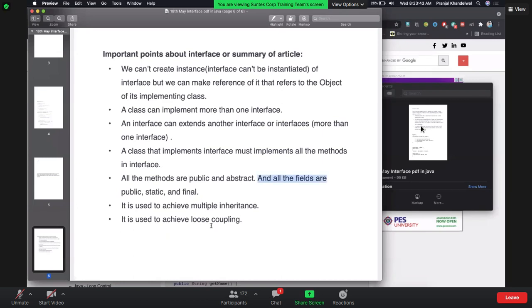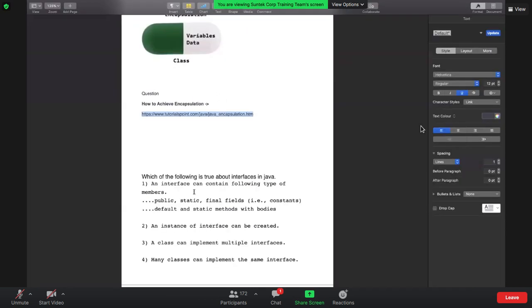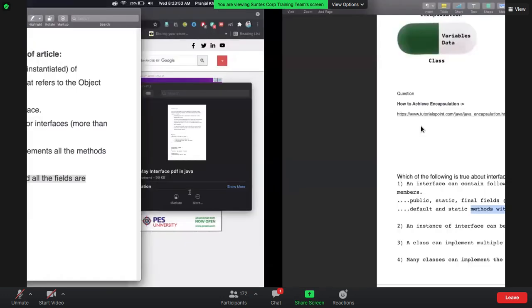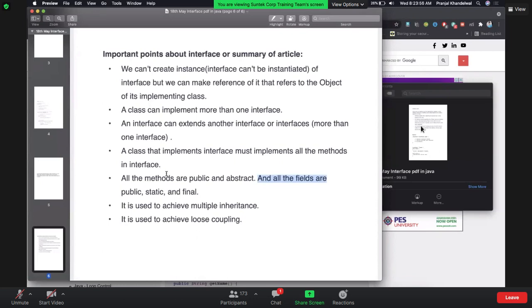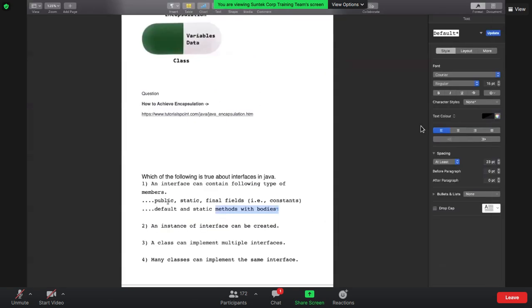So I agree the interface doesn't have anything, but it does have the fields. It does have the constant. It does have an abstract method, which is by default abstract. These are the things which the interface should have. All the methods are public and abstract. You don't have to define it explicitly. That's a property of an interface which will be given automatically. So an interface can contain the following type of thing.